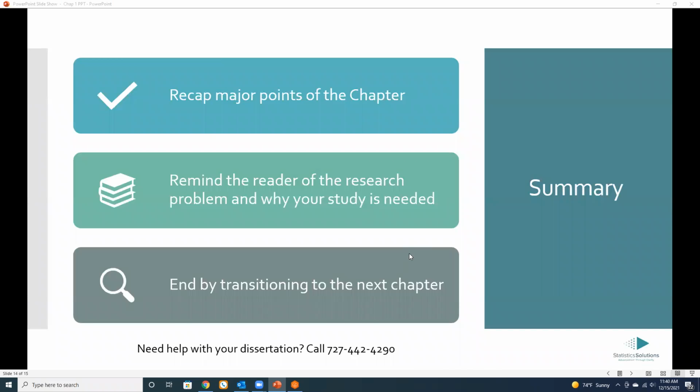Okay, and then we're at the summary. And again, double check your templates. Some schools don't require a summary at the end of chapter 1. Some schools do. If your school doesn't, fine, you can end. If your school does,